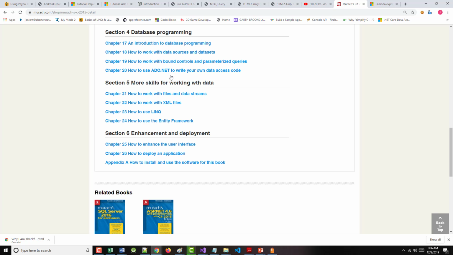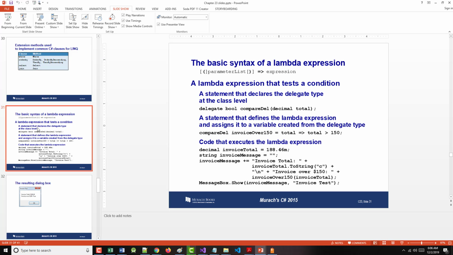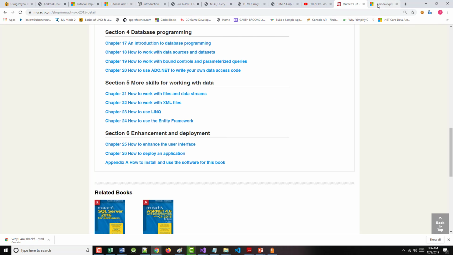all of Section 4. In Section 5, I'm on Chapter 23, the second part of how to use LINQ. And I'll have about 3 more chapters to go after that. We are up to Lambda Expressions. And I wanted to mention, because what I did, good, bad, or indifferent, is I went out to